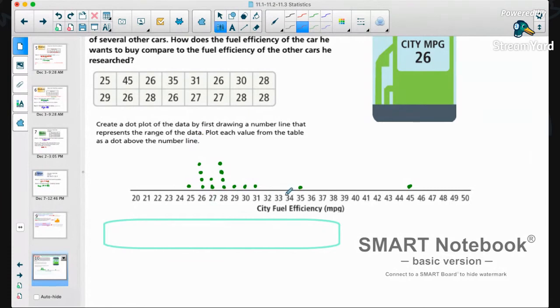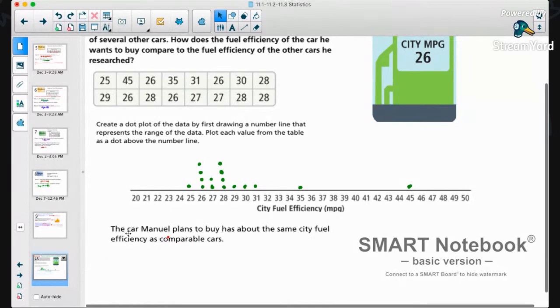After that, ladies and gentlemen, as you see here, there are clusters between 25 and 28, which means that all these data are positioned close together. So they are clustered between 25 and 28. So what we are going to conclude is that the car Manuel plans to buy has about the same city fuel efficiency as comparable cars. So this is how we use the dot plot in our real life. Next,